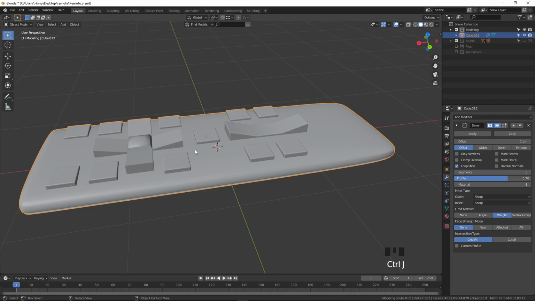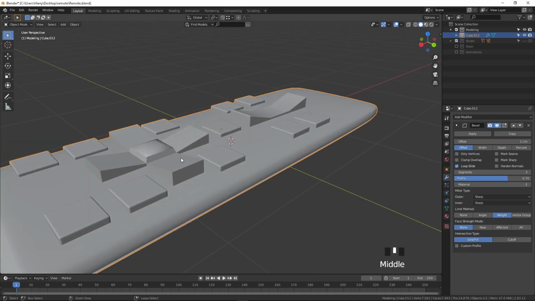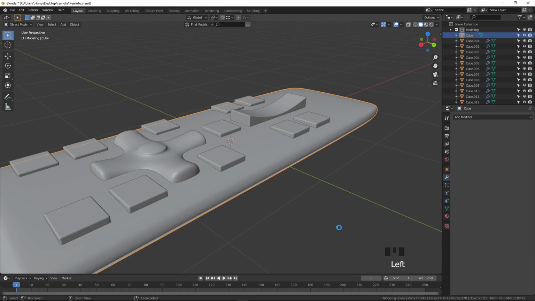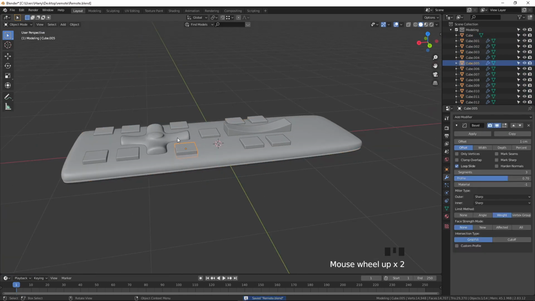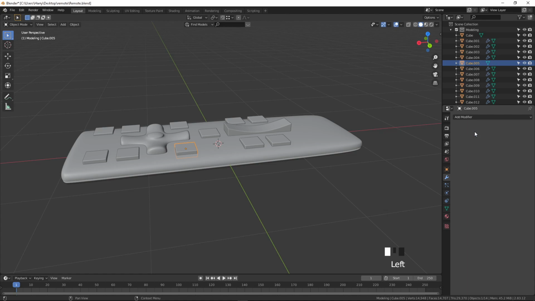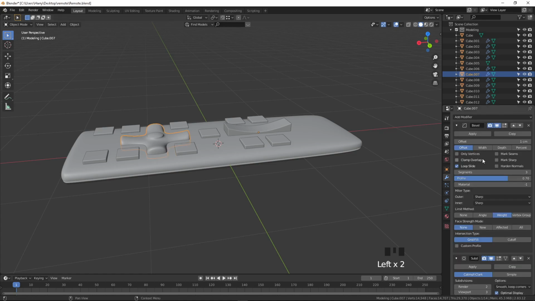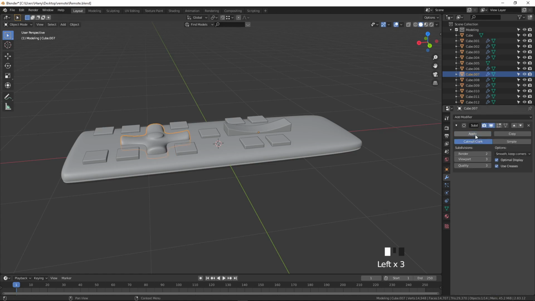Now you can see it better. One more idea I give you to solve these issues: select this one, you can apply the bevel options, apply the bevel and subdivision modifier. When you apply, it should be applied from the top, not from the bottom.